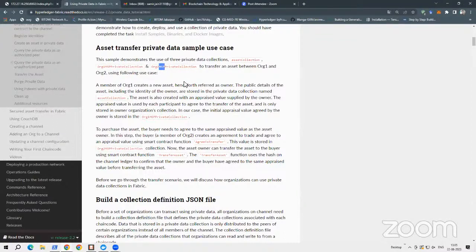The membership service provider will help you authorize a peer or not. It helps in giving you particular rights, whether you can be there or not. A member of organization one will create a new data set, and that member will be referred to as the owner. There will be some public details and some private details. The public details of that asset are referred to